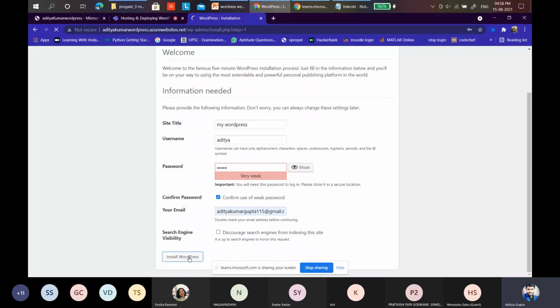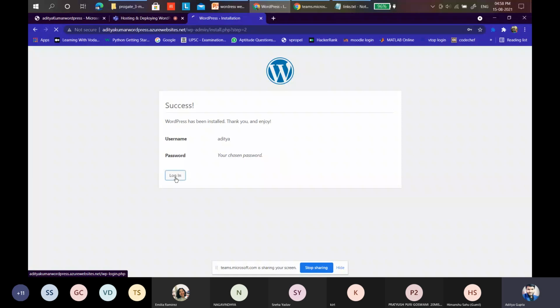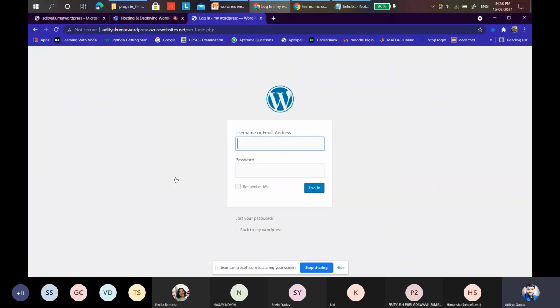It's easy, as you just saw, correct? So click on install WordPress, and it's going to be installed for you. After you install, it will ask you to log in. So I don't want to change it. You're going to log in. Enter your password.